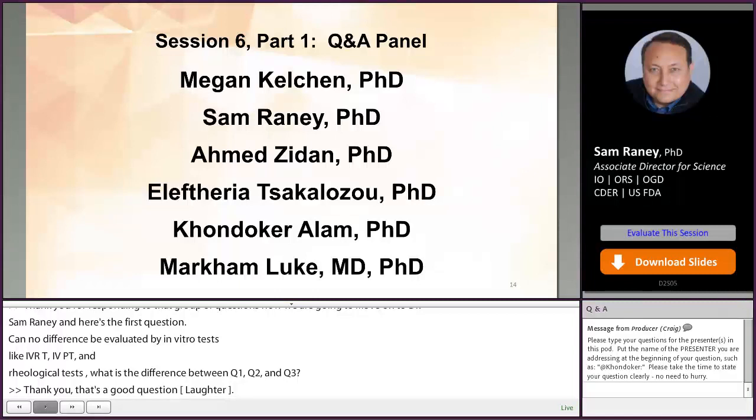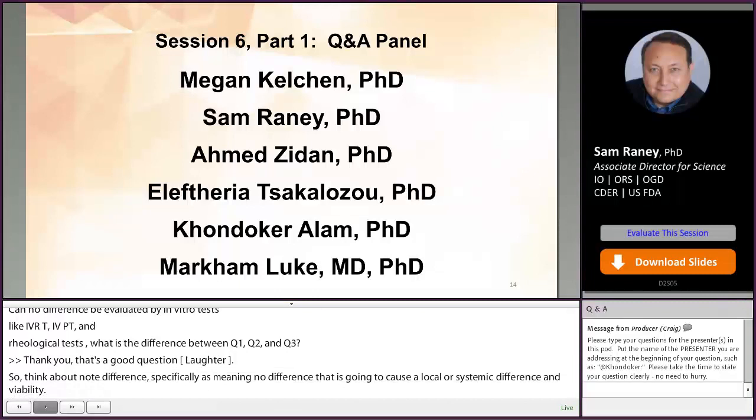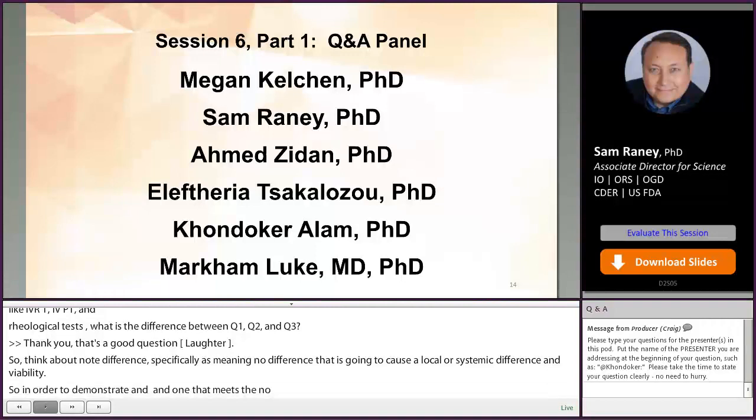In order to demonstrate that one satisfies the no difference criterion, an IVRT or Q3 characterization provide supportive evidence, and IVPT can provide direct information about whether potential differences between a test and reference product have affected the local bioavailability, but an IVPT study would not provide information about whether there could still be an impact to